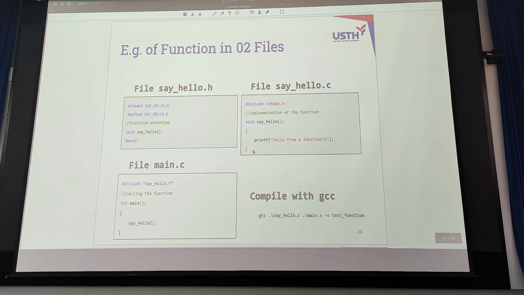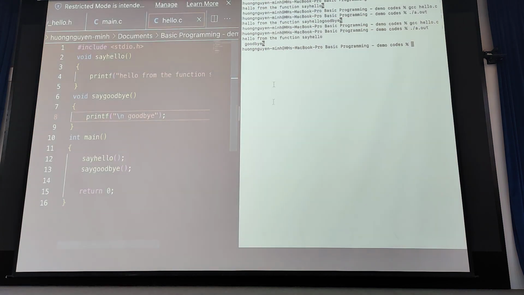You can try it, keeping them in separate files.